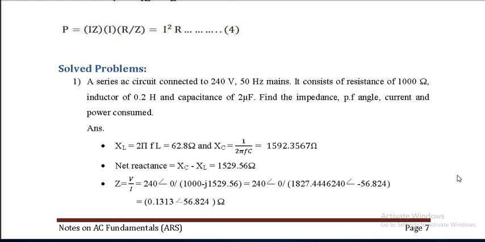Okay, then XC is found out as 1 upon 2 pi FC. This is the common mistake done by students: XC is equal to 2 pi FC. So please remember, XL is equal to 2 pi FL, but XC is equal to 1 upon 2 pi FC. Okay, so again, in the calculator you do it as 2 into pi directly from the calculator into 50 into the capacitance value given as 2 into 10 to the power minus 6. Okay, so keep that 10 to the power minus 6 aside and find this inverse value, the x inverse function is there in your calculator. Okay, and multiply it by 10 to the power 6. So that gives you 1592.3567 ohms.